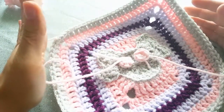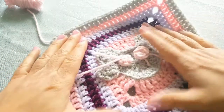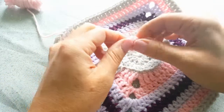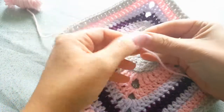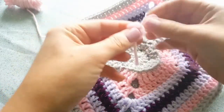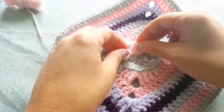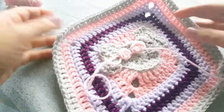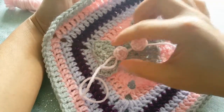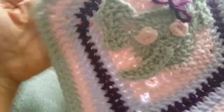And I'm a big fan of sewing in ends as I go along, you know, depending on the project, but usually that's what I like to do. I will do a bunch of these, or sometimes I will do 2 at a time and sew them down, 2 at a time. So first of all, it helps to keep track of where these little things are. And it just kind of breaks up sometimes the monotony of doing the same thing over and over for a while. So I'm going to sew these down, and then we're going to talk about making the trunk, which is